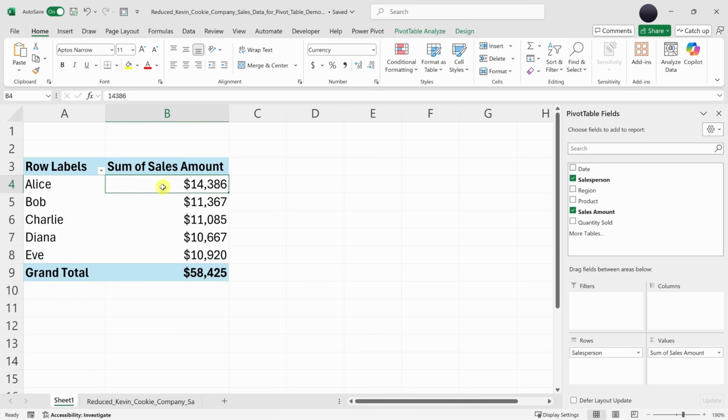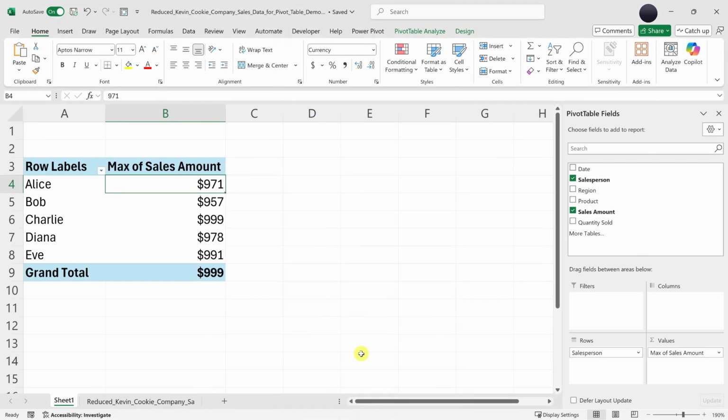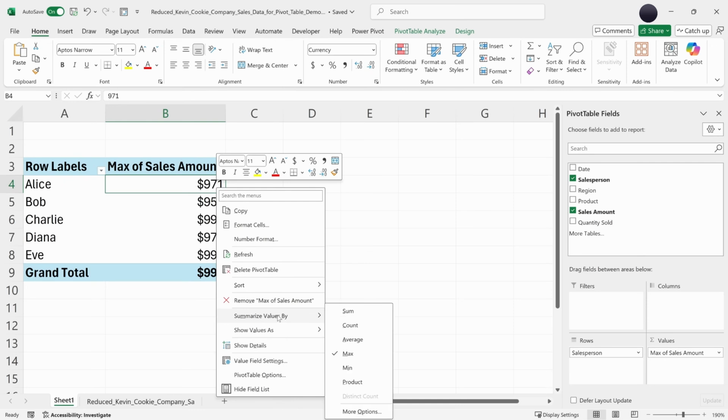This pivot table shows the sum of sales for each salesperson, but you can also summarize the data in different ways. For example, if I right-click here, I'll find the option to Summarize Values By. By default, it's set to Sum, but you could also choose Count, Average, Max, Min, or Product. Let's try Max. By clicking on that, I can see the maximum order size for Alice, which was $971. Pretty impressive. I'll right-click again, choose Summarize Values By, and switch it back to Sum, so I can view the